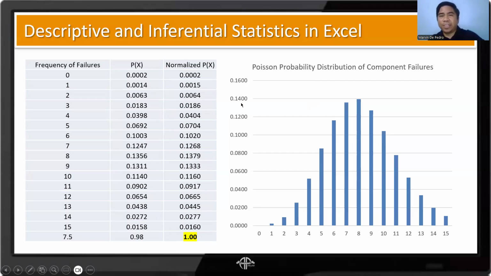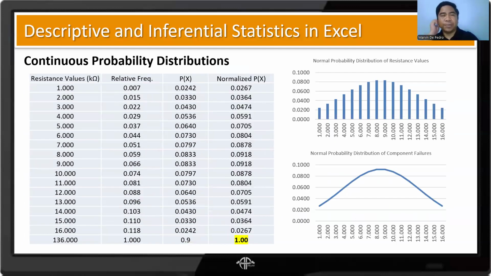In this case, the highest is 0.14. But if you add them together, that should be 1.0, if this is the normalized one. I believe the one I plotted here is the normalized version. So if something like this comes out, then our parametric statistical methods can be applicable. It has a bell-shaped curve and it's somewhat symmetrical. The left and the right are symmetrical to each other.